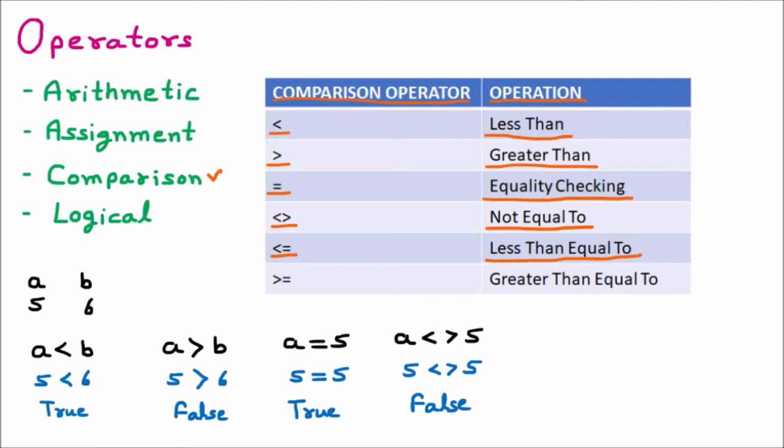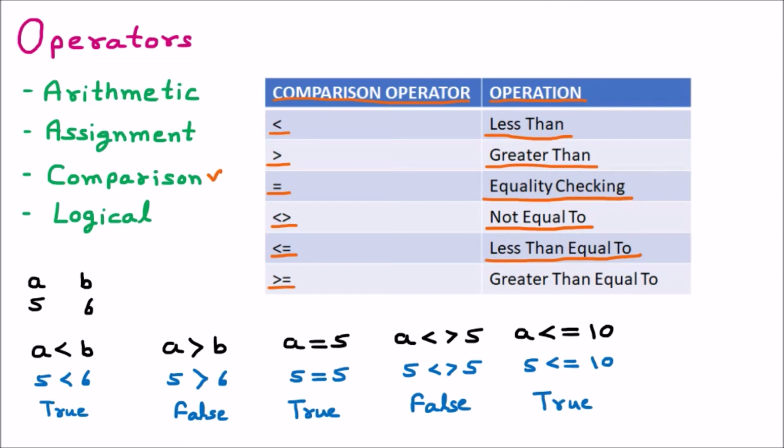The next operator is less than equal to. If I am writing here A less than equal to 10, we know that the value of A is 5. Now 5 less than equal to 10, perfectly fine. That means all those values which are 10 or less than that, that means 9, 8, 7, 6, 5 and so on, they all values coming here are true.